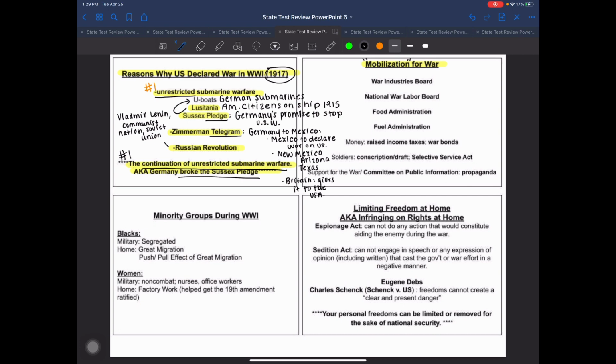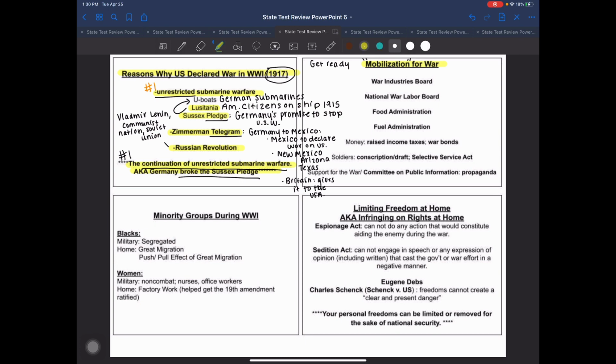And how I explain it is it talks about how we get ready. We're not going to just jump straight into this war. Once war is declared by Congress, there are some things that we have to do to transition into this war. We actually declare war in April of 1917, and if I'm not mistaken, we are not fully mobilized and ready until the beginning of 1918. So let's talk about some of the things that our country did to get ready for war.